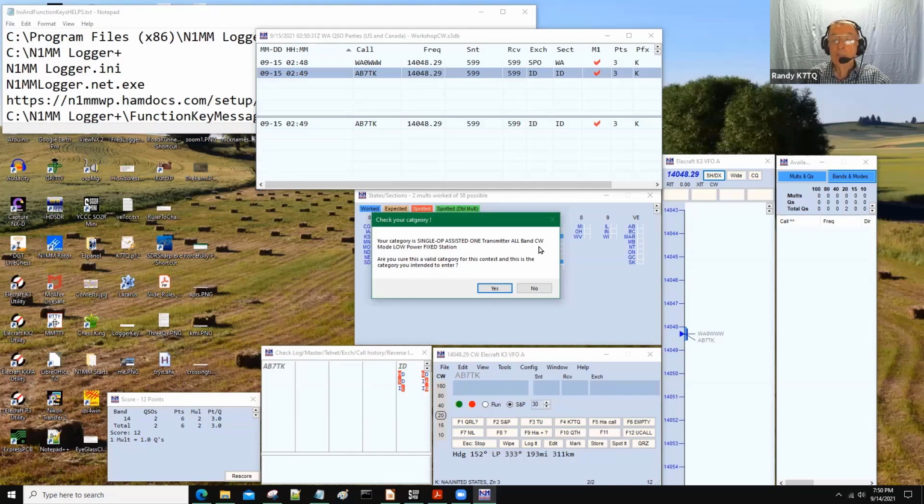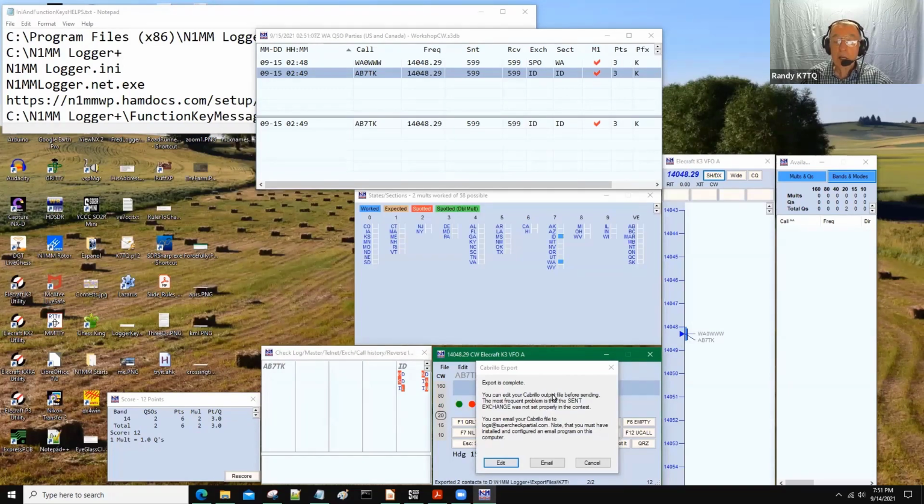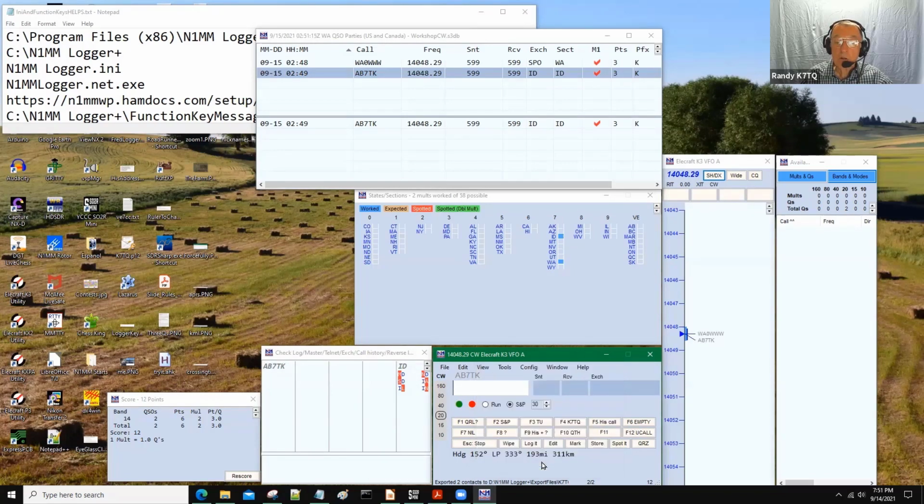So we say yes. And where these always get saved to is the changeable part of N1MM, which on mine is D, but probably on yours is C, and in Export Files. The name it wants to use is whatever station name you had. For me, it's K7TQ.log. So we want to save it there. And then down here, it says export is complete. You can edit it before sending it, or you can email it. So if you choose email,